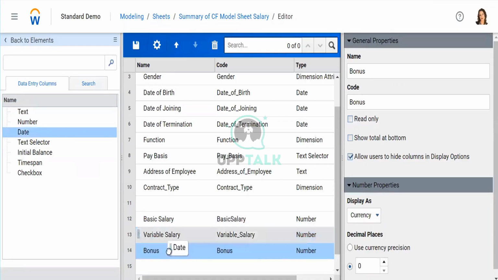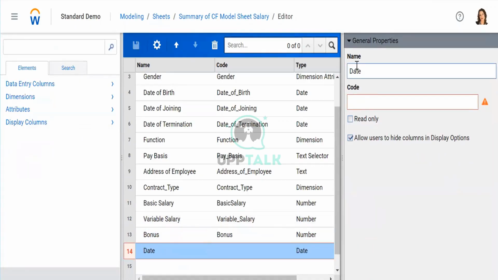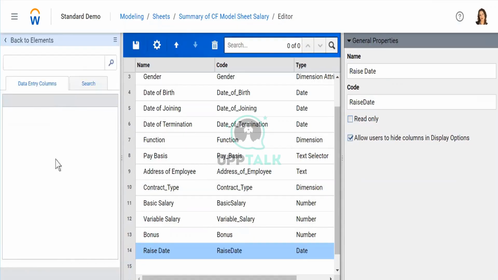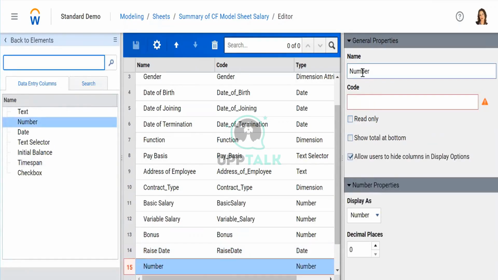We have a date column also, that increment date. I would write it here, raise date, that from this date this employee is going to get a certain hike. Again, that is a number. I would write it here, raise percentage. You would never insert a special character in a code.